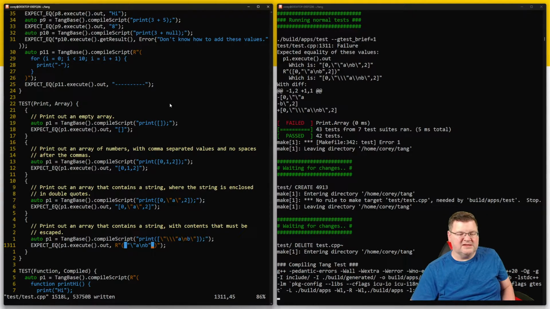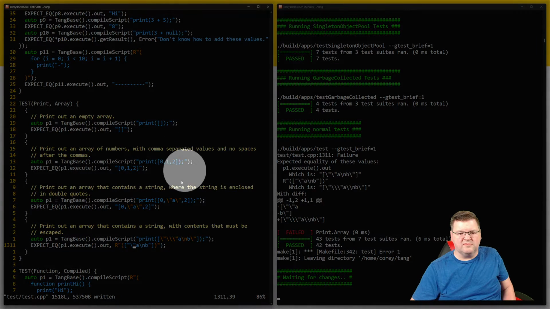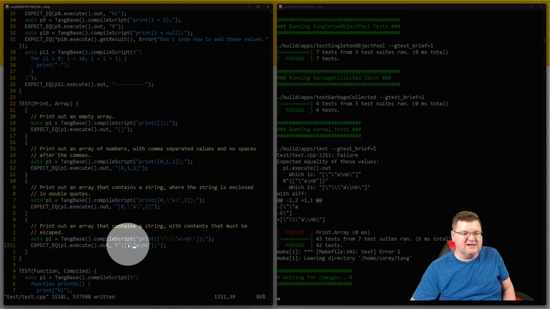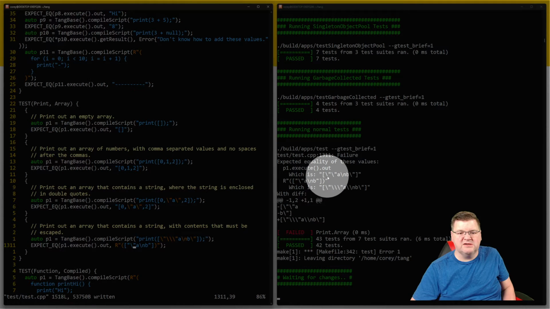And that way we can see just the contents. And what we'll see is, so it has open square brace, double quote, okay? And we have that here. Open square brace,